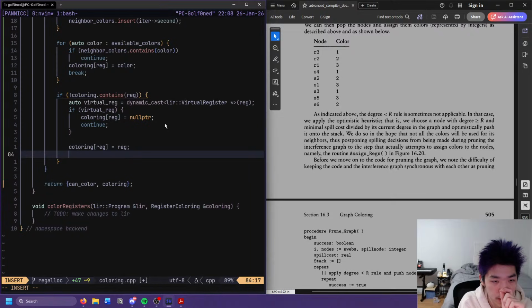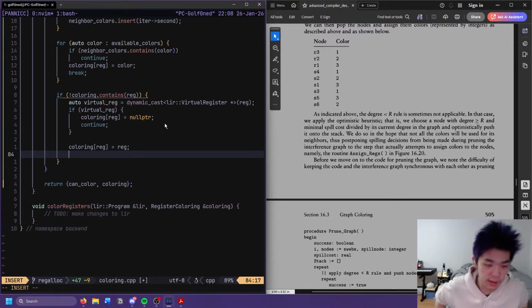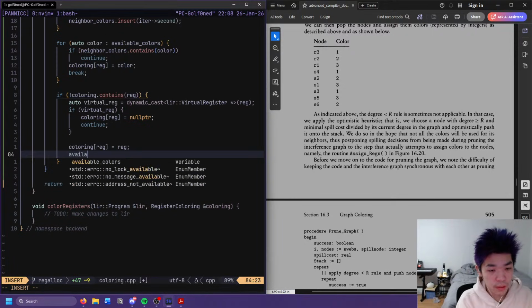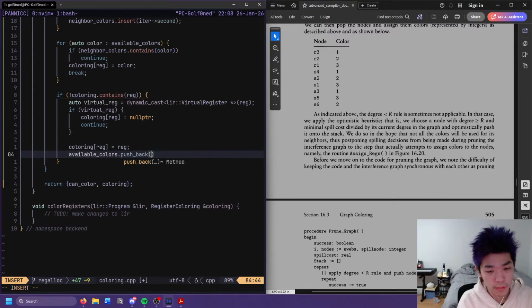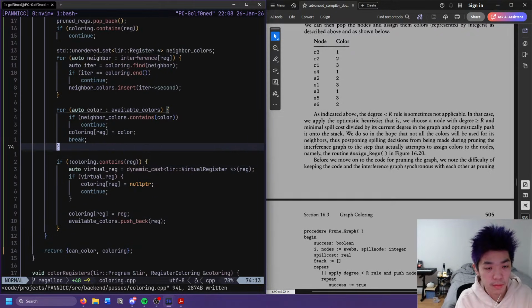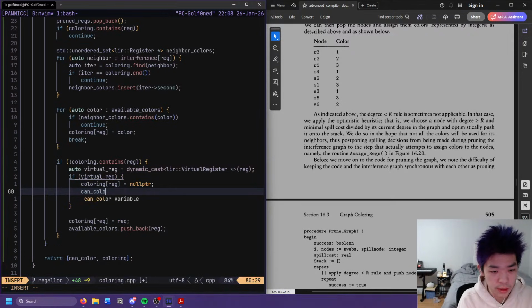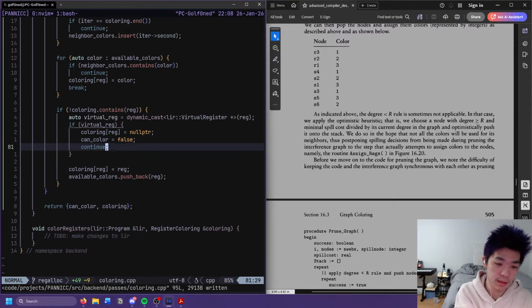And then I guess we only have 16 physical registers, so surely this is no issue. And then we want available colors to also have it. I think that should be good then. Right? That should be good. But down here we should also can color equals false. That's also what I was missing.